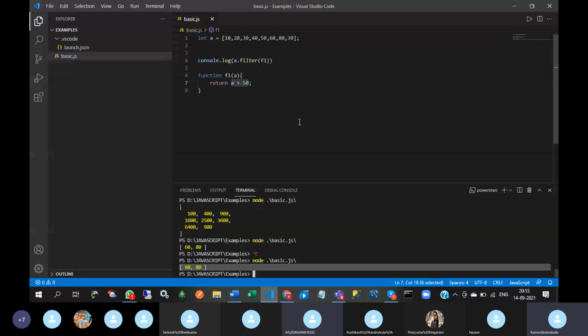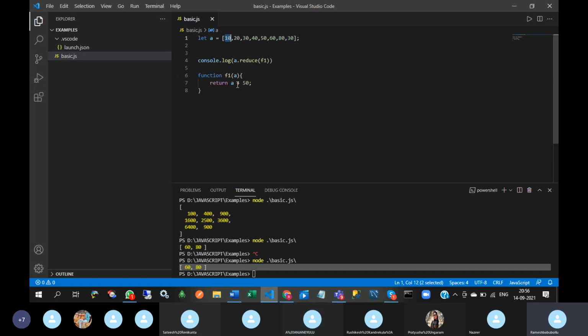Next, reduce. Reduce means it executes a provided function for each value from left to right and reduces the array into a single value. Okay.